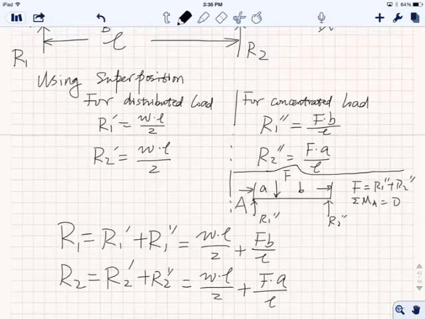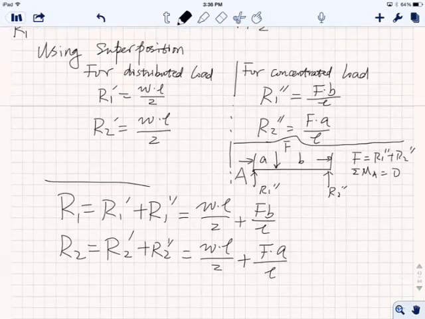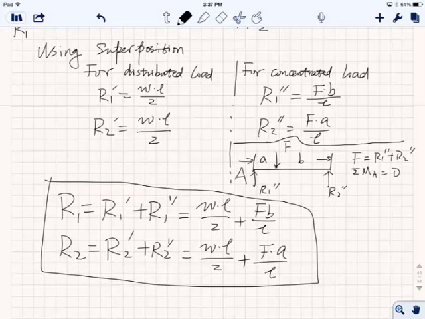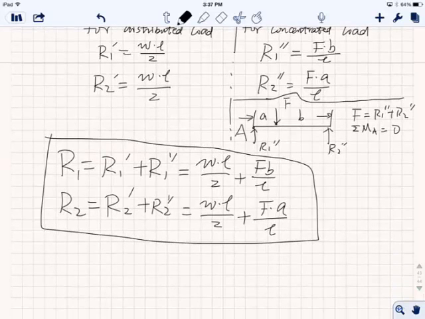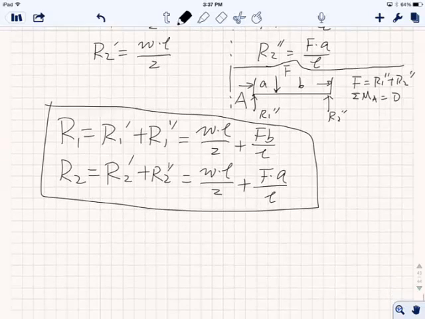Okay, so this is our answer for the first half of the question, although it's only about maybe 20% of the total effort, right? Okay, so do you have any questions about this to find out the reaction force on both ends using superposition? No? All right, good. So the next thing is